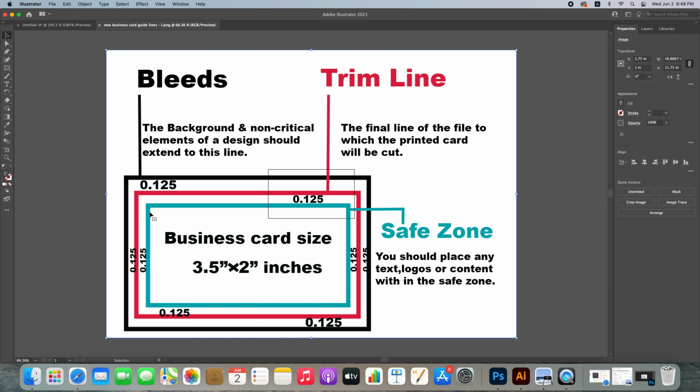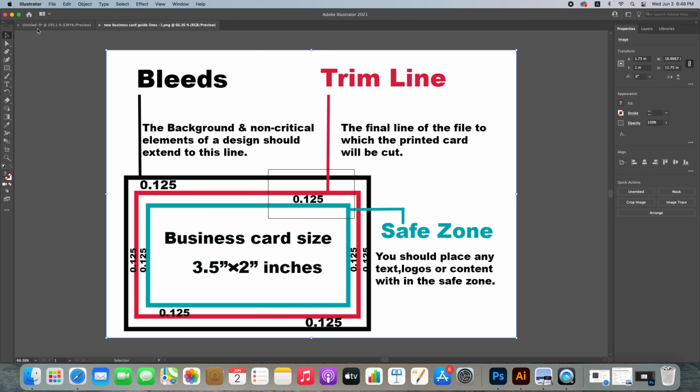So just for safety, place your logos and text within this safe zone, but the extra design, the background and non-critical elements, just extend to this black line. So I hope you understand how you can set these lines.